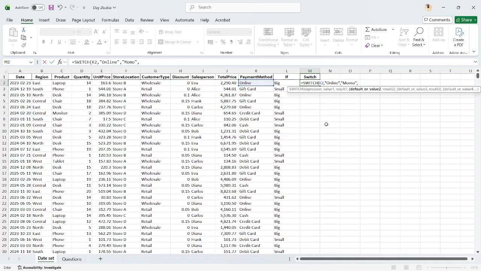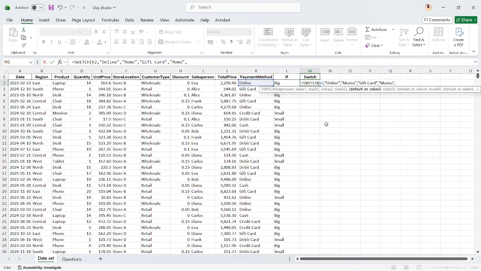All right. So now we comma again. So then the next value is gift card. Okay. You have to type it exactly the way you can see it there. Gift card. So anywhere you see gift card, still tell me Momo. So that is result 2. And then comma again, default 3. Say anywhere you see